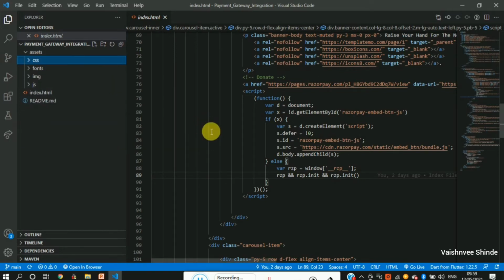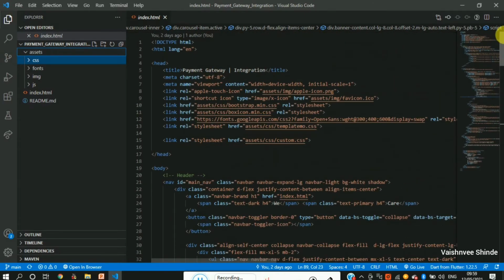I would like to tell you that in this payment gateway integration, we are supposed to build a website to help the poor get money, money for their education and for their basic needs. So this is just a basic website. The payment which you perform will be just a demo. We are going to see in detail how it works.